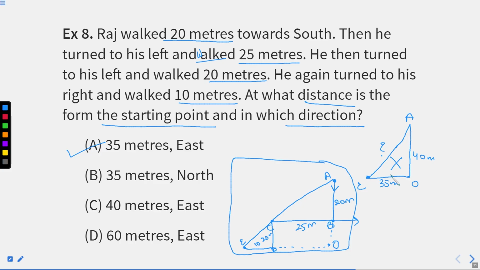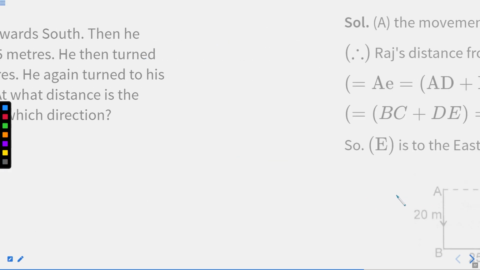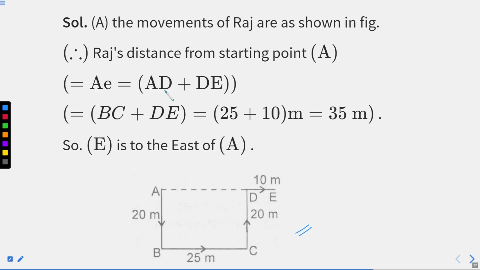If you are not getting a direct triplet or something complicated calculation is coming, right? So what you need to do, you need to recheck your diagram. That is why I made a simple mistake here, right? But what exact diagram should be from point A to B, B to C, C to D, and D to E. Point A, point B, point C, point D, and point E. I hope this part is clear now, right? You can see here in the diagram. So our option number A will be our answer, right? I hope this question is also clear.